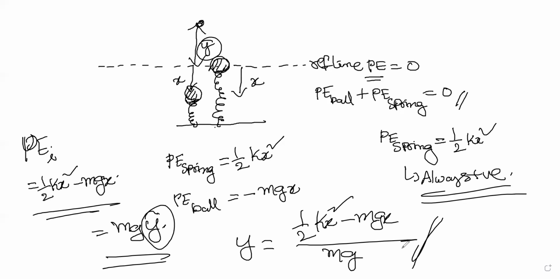Hopefully you got this. This is the idea behind it. So this is how you calculate the distance. And the first part is the potential energy of the spring, which is what they asked. That is the first part of the question. Potential energy of the spring is half kx square. When you plug in the numbers, you get the answer very quickly. Very easily you get it. No doubt about it.